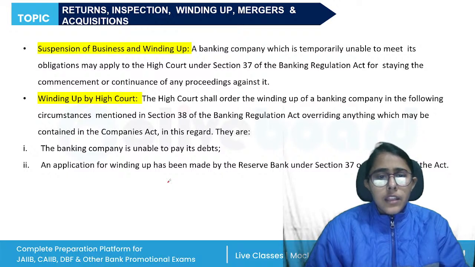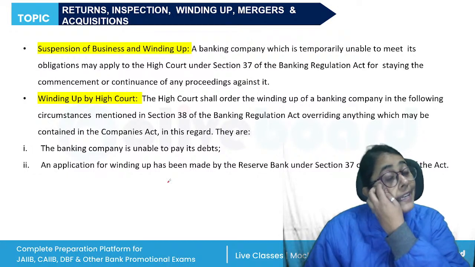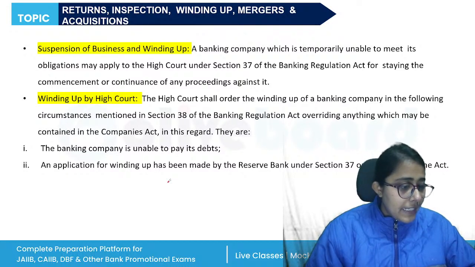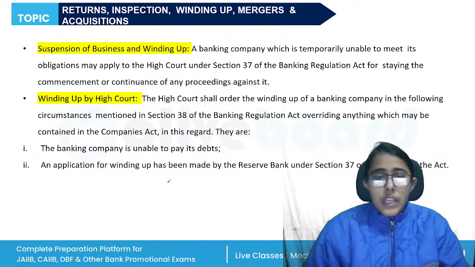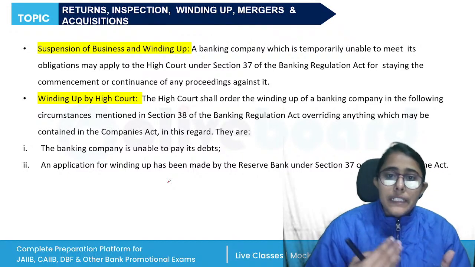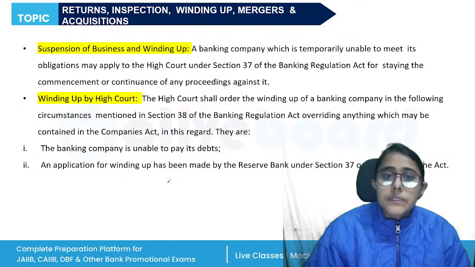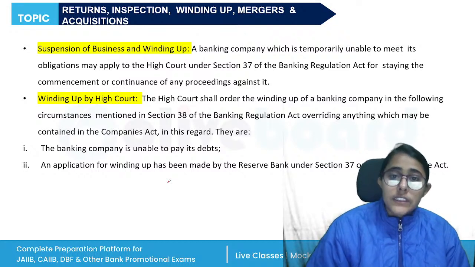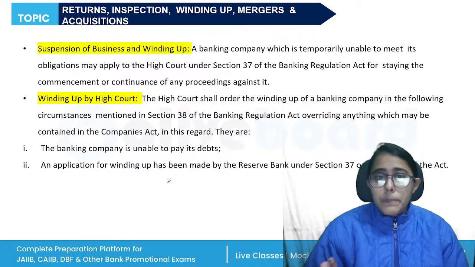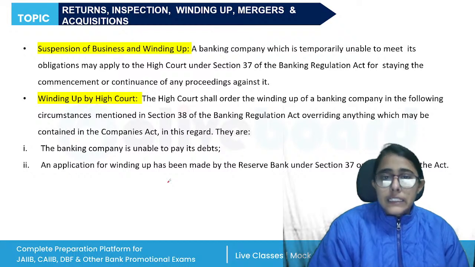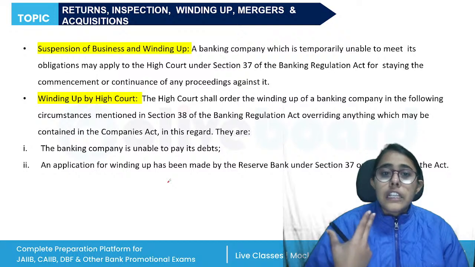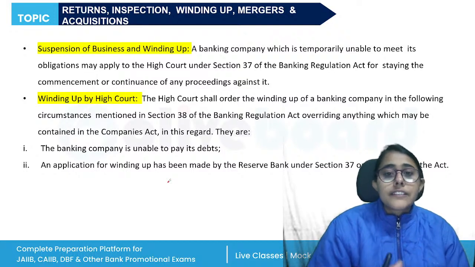then what else? Okay, winding up of banks. The winding up is completely different from amalgamation and mergers. Winding up, right? So a banking company needs to be able to pay off its debts to the creditors. It is also required to pay back its depositors. If for any reason a banking company is unable to meet its liabilities, then it may result in the winding up of the bank. So winding up or liquidation is basically the process of dissolution of a bank